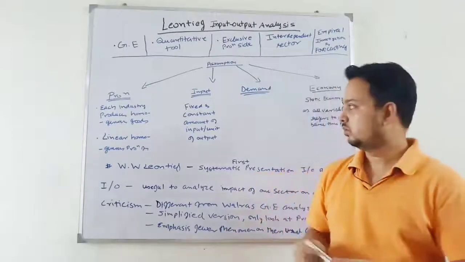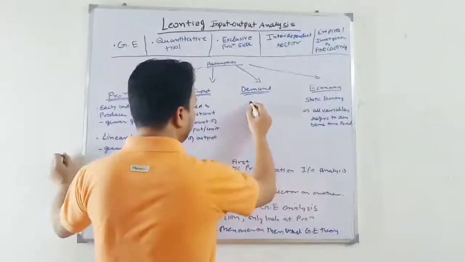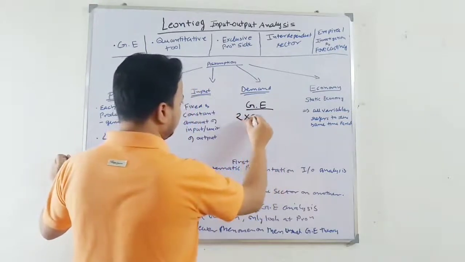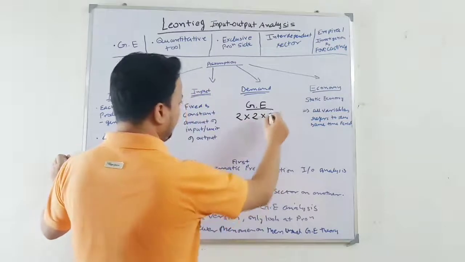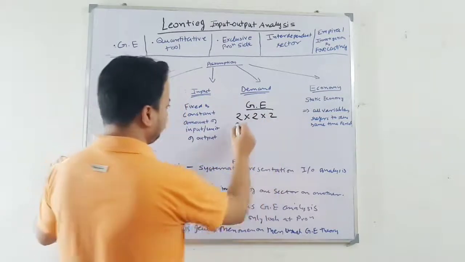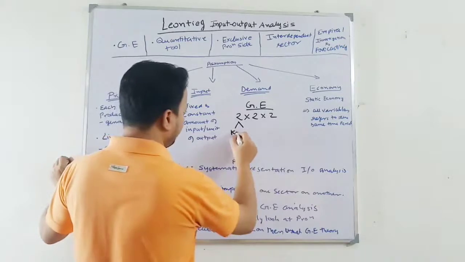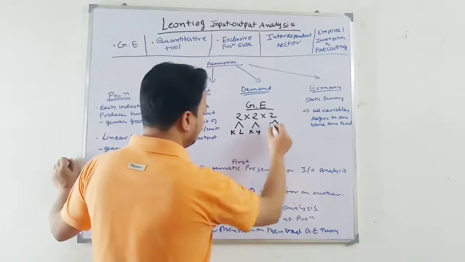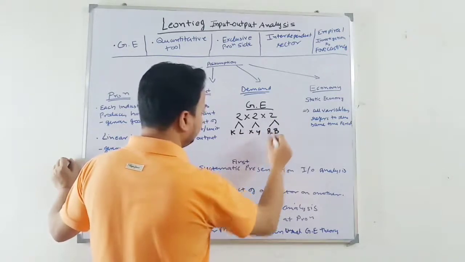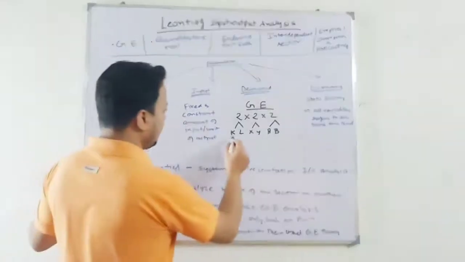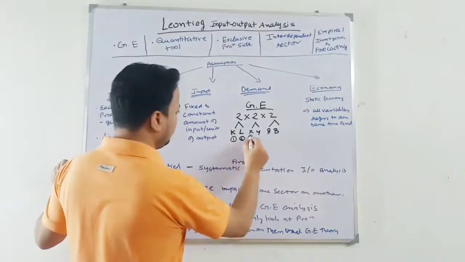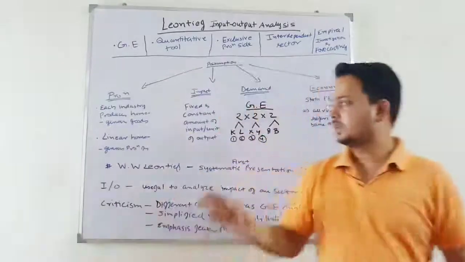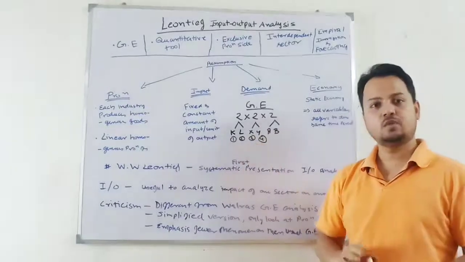So we take a simple model. If you remember, in general equilibrium we have two factors of production producing two goods, and the goods are distributed among two consumers or agents. So you have two factors of production, capital and labour, producing two goods X and Y, distributed among two consumers A and B. So how many markets do you have? 1, 2, 3, 4. We have 4 markets here, so we will achieve general equilibrium when we have equilibrium in all these 4 markets.